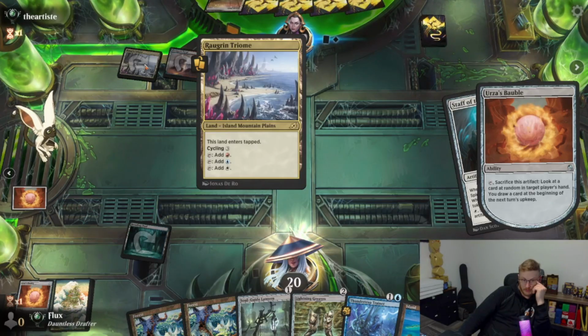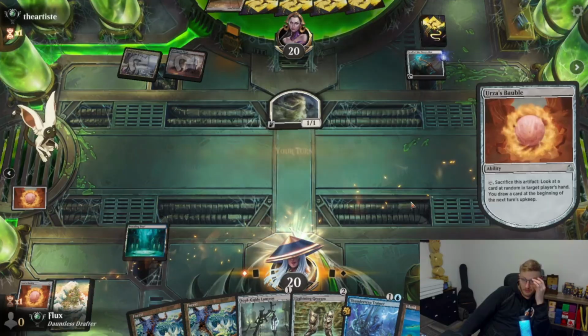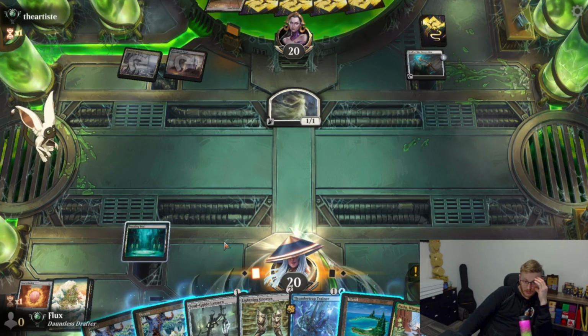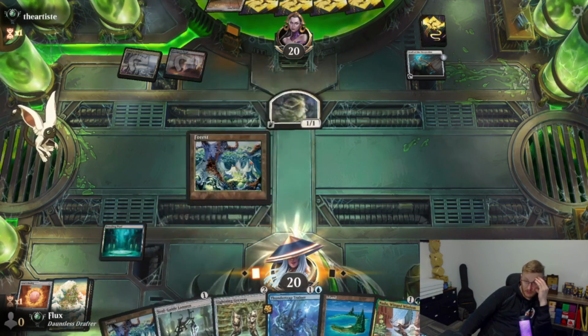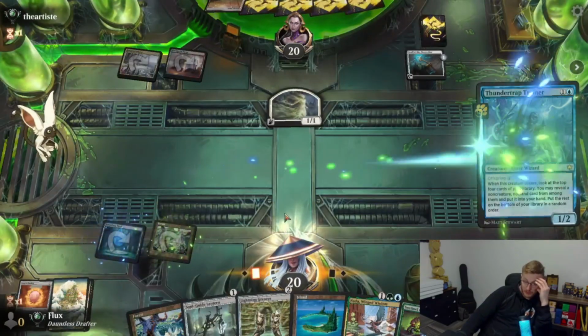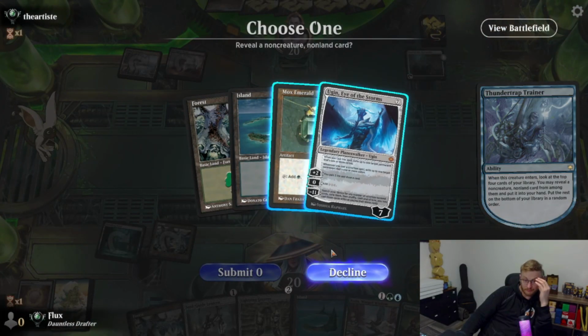Marsh flats. Oh, you got 5 color stuff. Pretty fine. Okay. No accelerants. Feels bad for the home team. Let's go ahead and get Thundertrap Trainer down. I mean, I guess there is a...